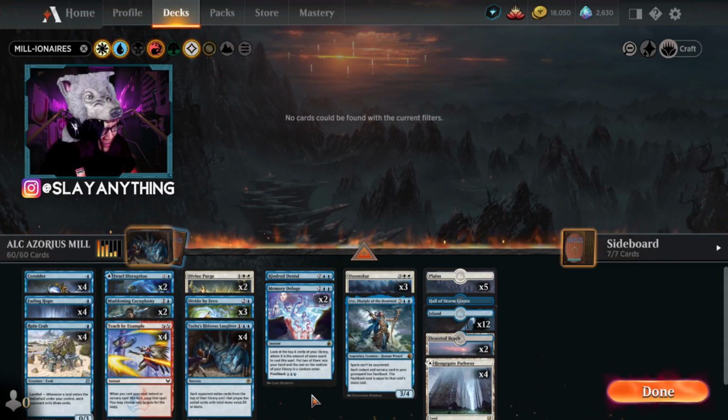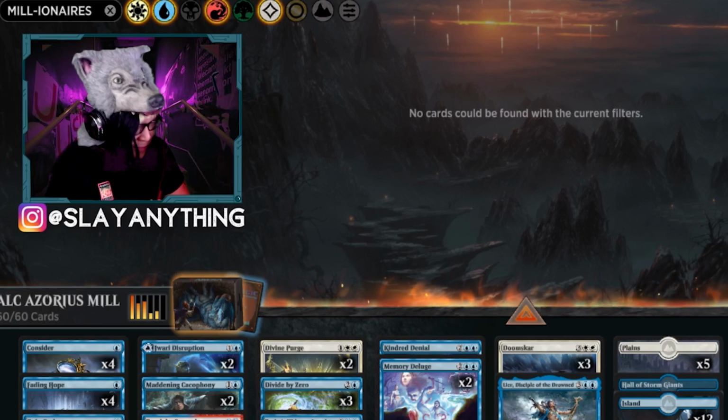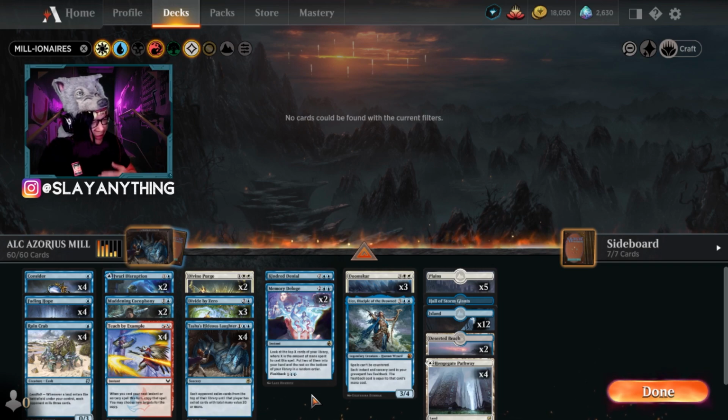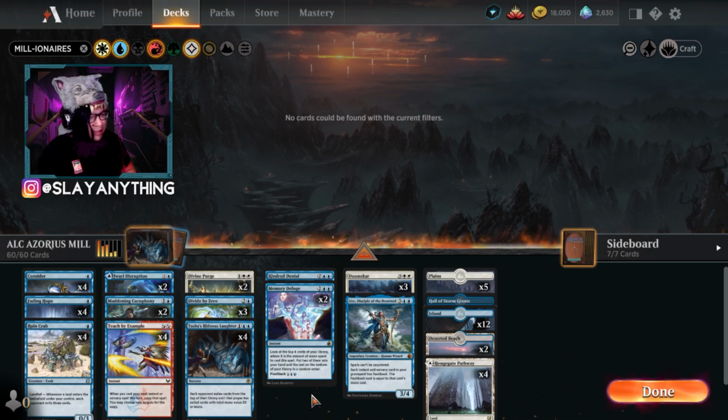It is Slay Anything, and today I bring you another offering of jank in the form of Mill once again. We haven't tried Mill in Alchemy, but I have done a lot of testing with this deck, and this deck is so bonkers. It crushes so many powerful decks like Orzhov Clerics, like peace out, man. You cannot hang with this deck. And with Alchemy being a relatively open landscape, I'm always looking for ways to exploit the meta, and Mill is definitely the way you want to go if you want a good janky win that overtakes a lot of powerful